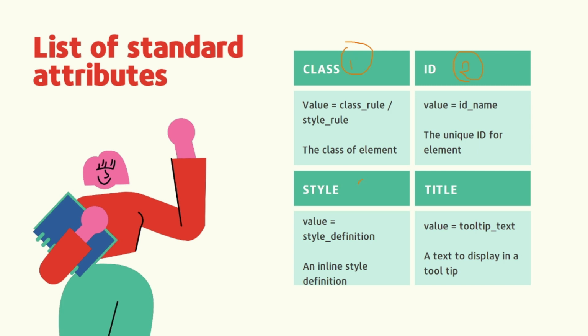Third is related to style. In the example I have already given, if I want to specify the color of that particular text, it can be written within the style attribute. More precisely, here we need to consider inline style. Inline style means whenever we specify the style within the HTML tag, it is considered an inline style, and the style attribute is used to define that inline style.